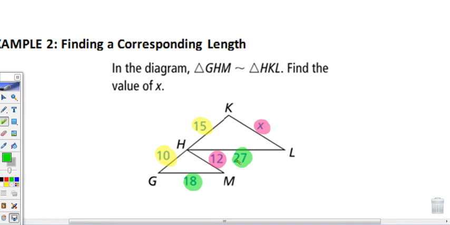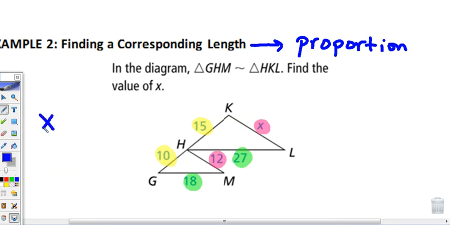Anytime you start looking for finding a corresponding length, you need to set up a proportion. We've talked about this many times before. You need to set a proportion up because ratios are going to be the same. We always say that side lengths are proportional. So what does X have to correspond to? 12. Okay, so I'm going to say X is to 12 as